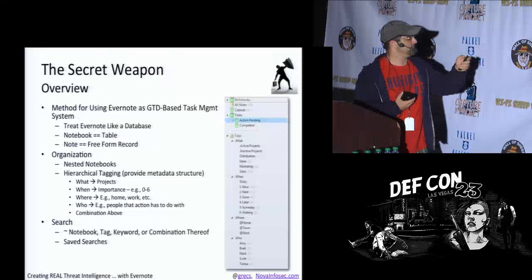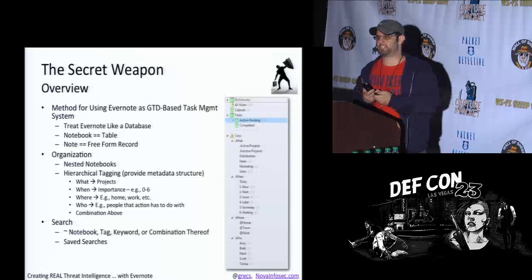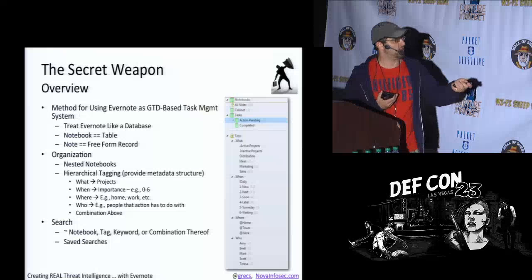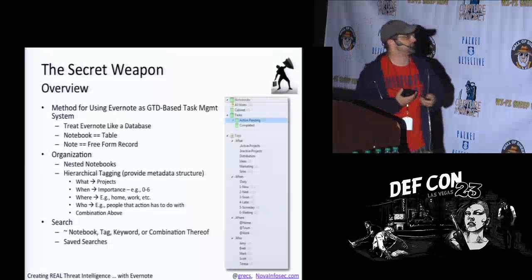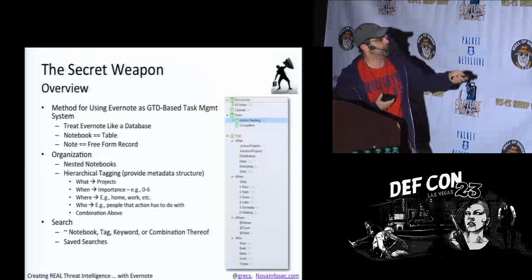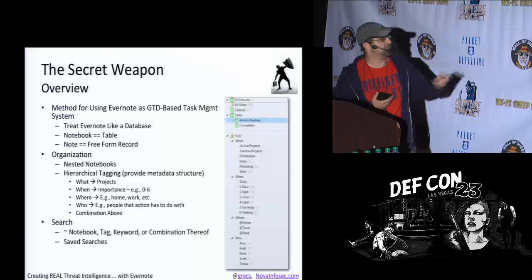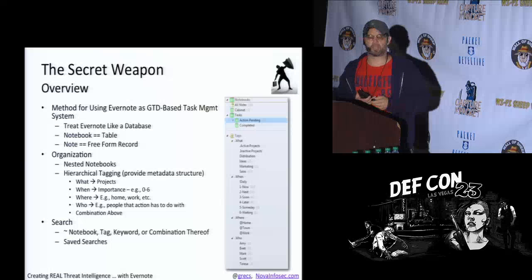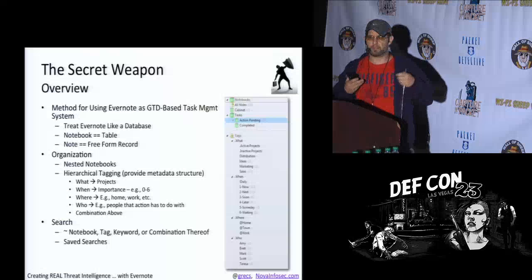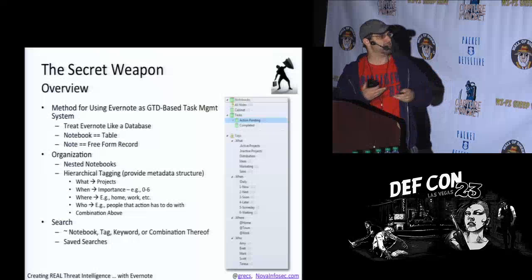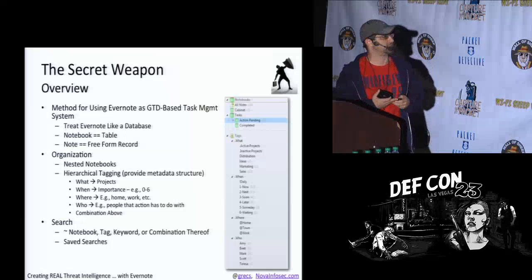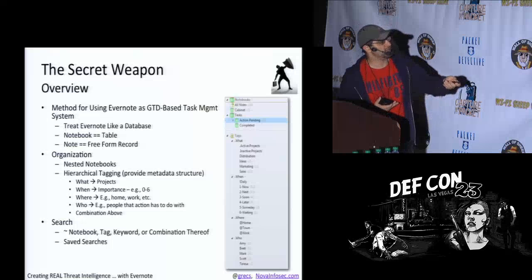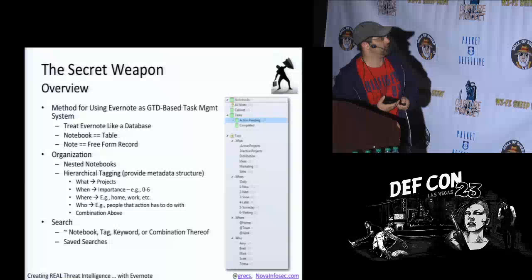And then where, that's a big GTD concept, stuff that you can do at home, at work, and then also who, people that you may need to interact with to get that task done. But in most cases, you're combining all these. So you can say, hey, this is a work project, I'm working with John, and it has 10 tasks, and I'm working on the first task. And then where it's going to be work, and then who I'm going to be working with.